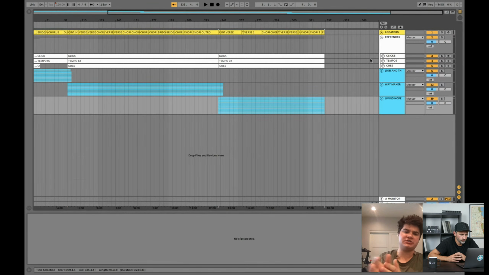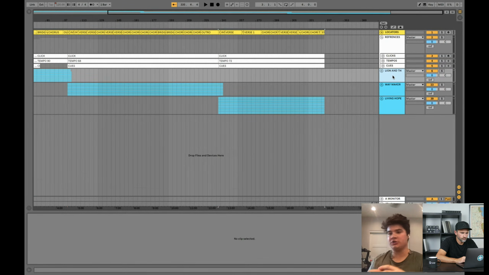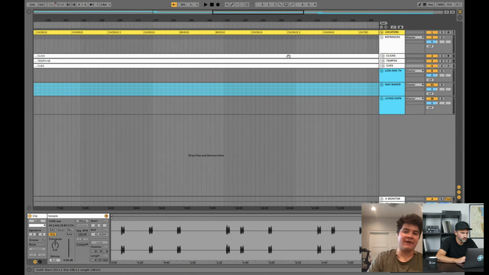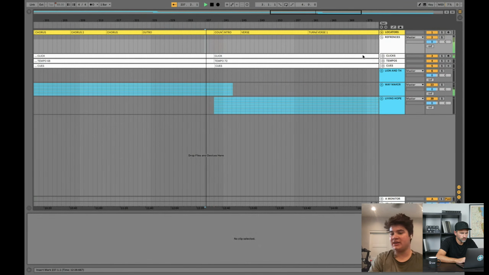I forgot to mention this in the first step, but clicks, tempos, and cues, I put them in another group just like my stems. I call it references. You could also call them resources. You can call them click guide. You can call them whatever you want. It's just a place so that everything is a little bit more collapsible, a little bit smoother, a little bit simpler looking. So after that, you can hear, if you're at the end of this song,